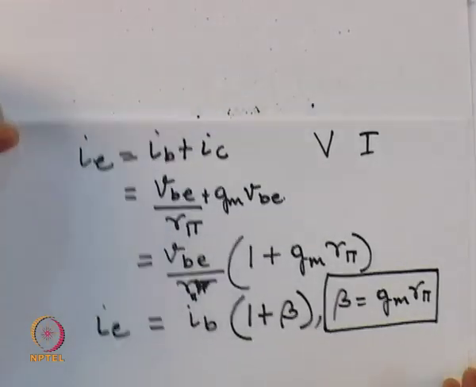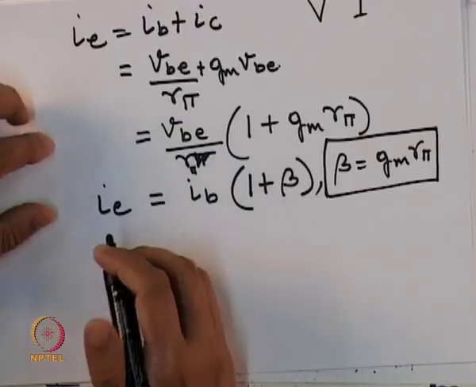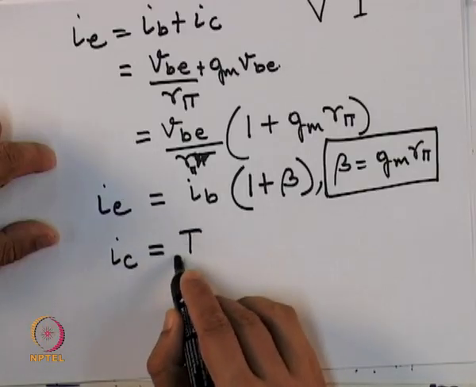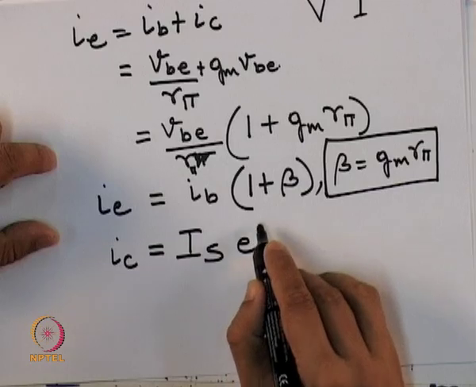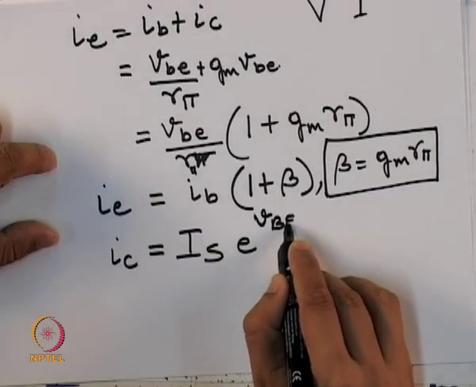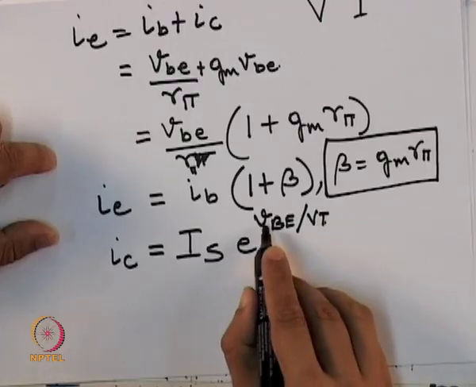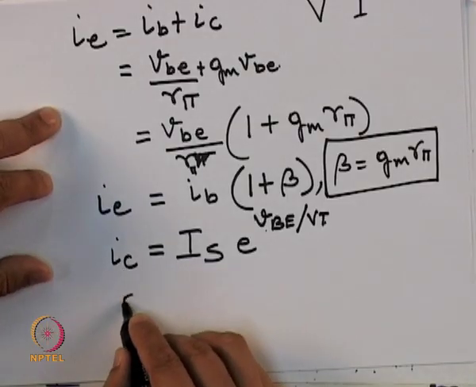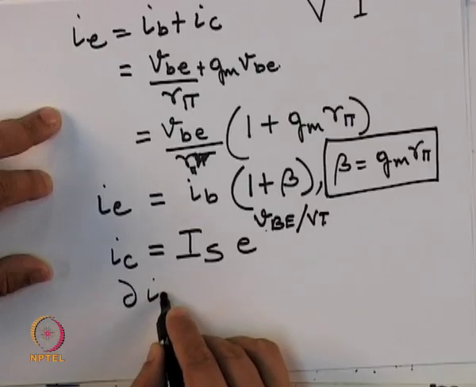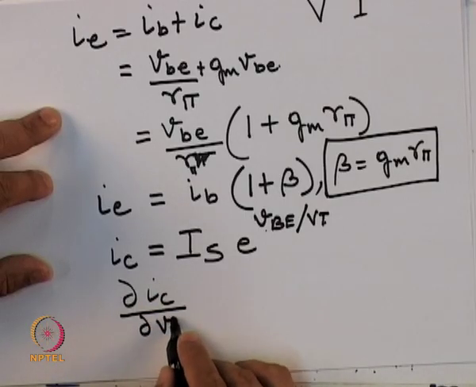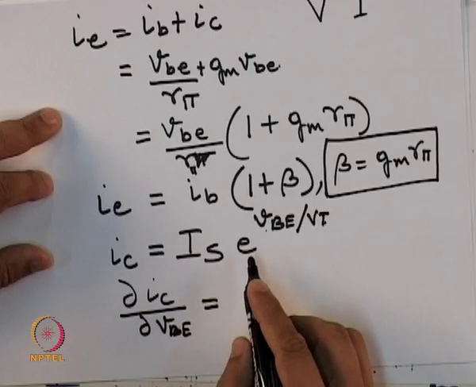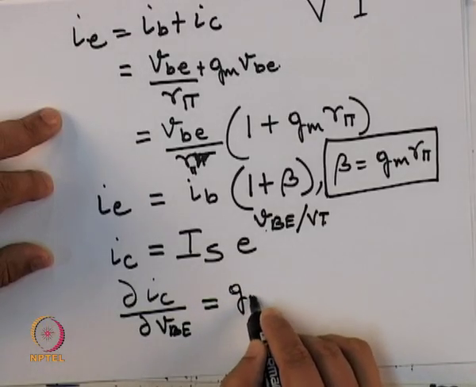I can further proceed along similar lines by considering the equation for I c. I c should be equal to I s times e raised to V b e upon V t. Here my V is the AC voltage, I c is the AC voltage. If I differentiate this with respect to V b e,